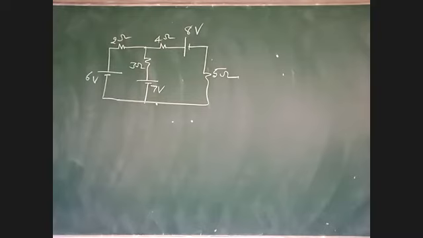One thing you remember, in the exam they can ask for the current in 5 ohms or 3 ohms or 2 ohms or 4 ohms. But here in this problem, I am asking in 5 ohms. In the exam, they may ask in 2 ohms also, 4 ohms also, 3 ohms also. Based on that, you have to open. Suppose they are asking in 2 ohms, we'll open 2 ohms. If they are asking in 3 ohms, we'll open 3 ohms. If they are asking in 4 ohms, we'll open 4 ohms. But here they are asking in 5 ohms. Okay. First, draw the diagram. Then I will explain.